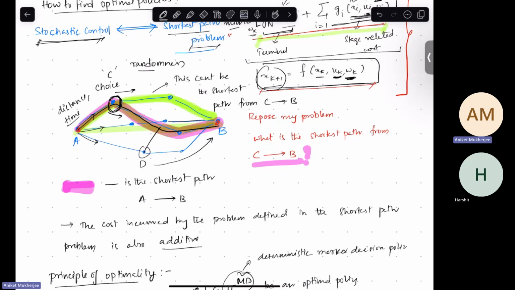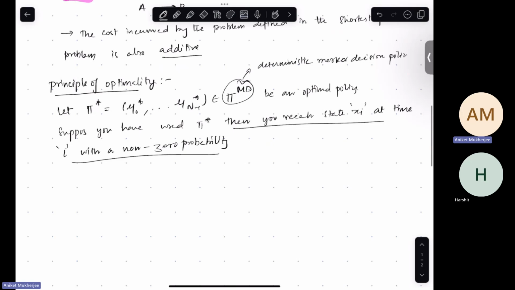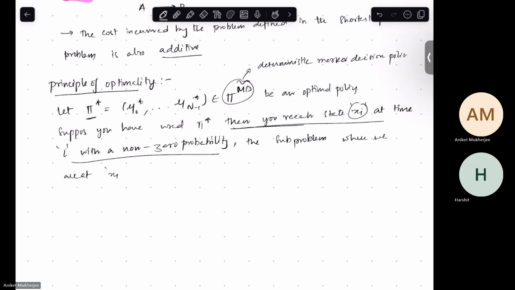And since in the stochastic control problem you have randomness, you have to add that if you use this optimal policy, then with some non-zero probability, you will reach an intermediate state xi. You might reach, you might not reach, but there should be some non-zero probability of reaching that state. So if using this you have a non-zero probability of reaching xi, then the sub-problem where we are at xi at time i